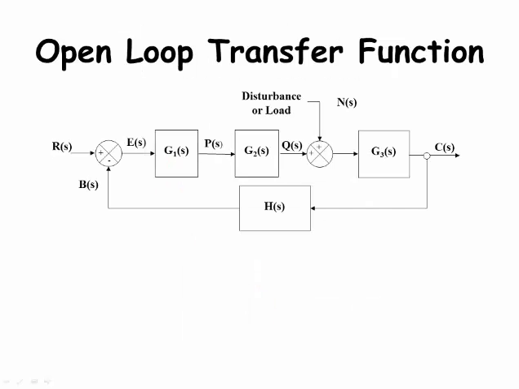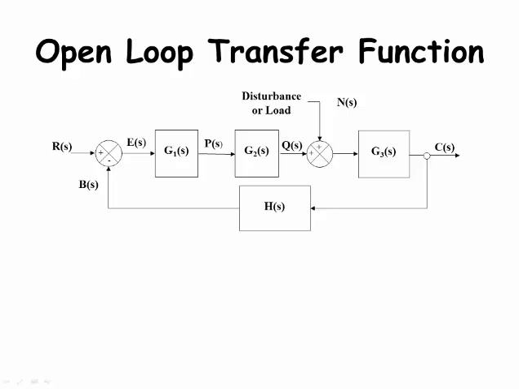Here is a more general closed loop system. The output is C. There is a sensor in the output stream that is the input to the feedback element H. The comparator has a negative sign for the feedback B. The set point input is R. The difference between the measured feedback B and the set point, R minus B, is the error E. This is the input for the first transfer function G1, and the output is the input for the transfer function G2. The output of G2 and a disturbance N are summed,